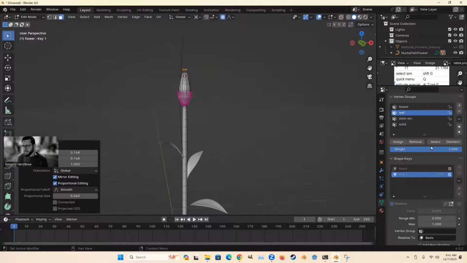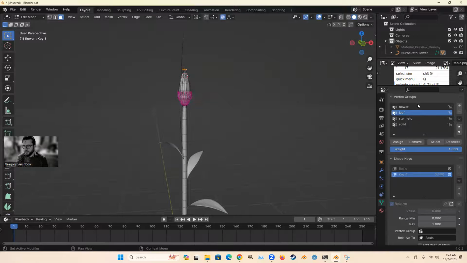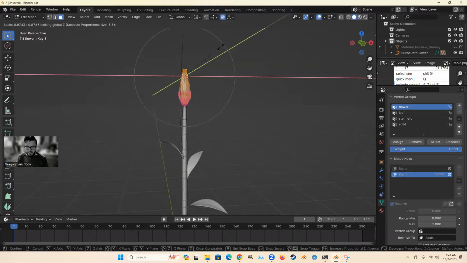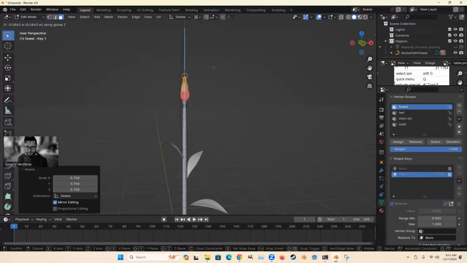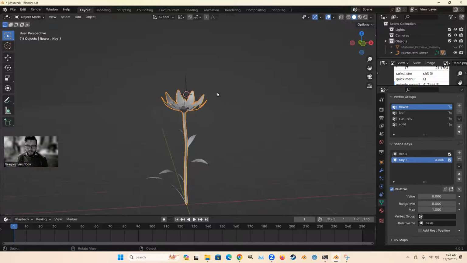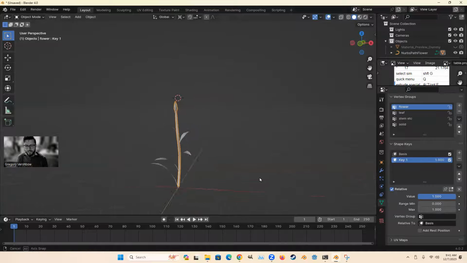That looks good. Now select the whole flower. Scale it in a little more. Turn off proportional editing. Scale it in. We bring it down a little bit. And there we go. So now we have the value on this that will close this bud. So now we have all these different parameters that we can animate, and we can also animate,